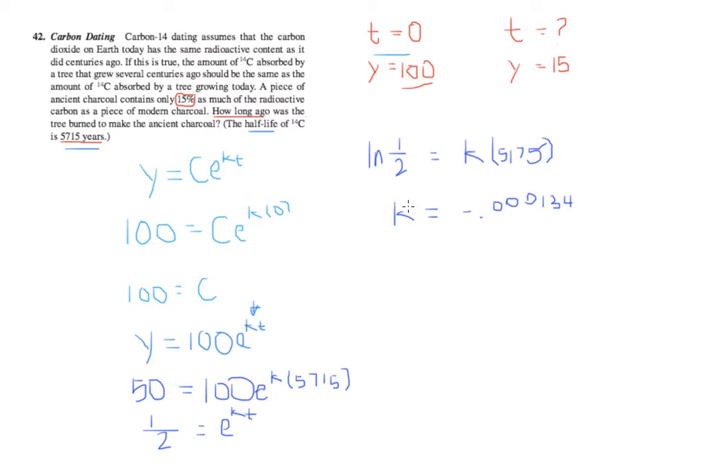That's k. Then you take this and plug it into the final equation, and now that you know what the two constants are, you can solve for y equals 15%. So that would be 15 equals 100 e to the, this is supposed to be negative because it's half-life and it's decaying, k, it's a long number, t, and you want to find t. So when you plug in k and solve for t, you get